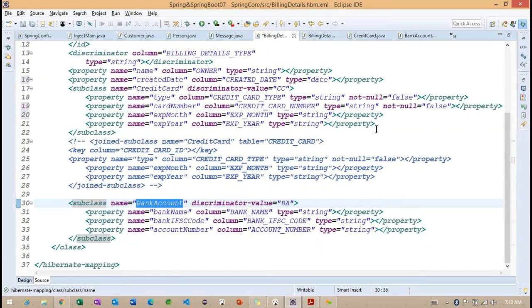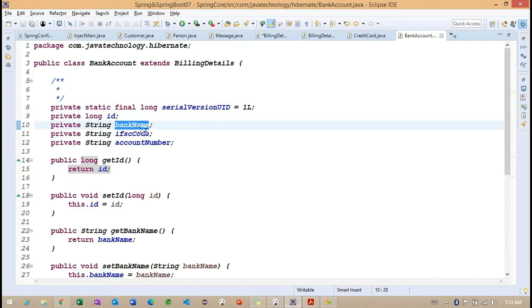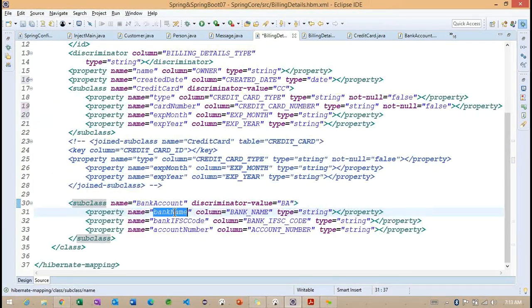Finally, we need to check the bank account. So what are the properties we implemented? Inside this particular bank account, first one ID, second bank name. And bank name we identified.